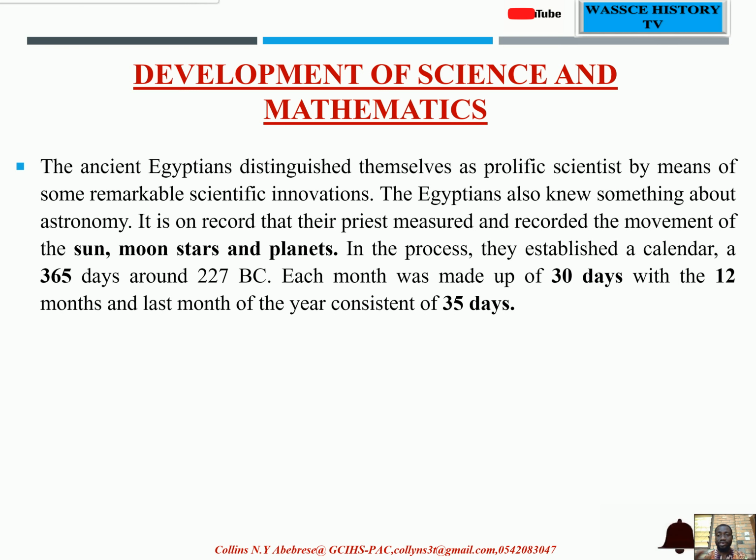The calendar month was made up of 30 days, with the 12th and last month of the year consisting of 35 days. That's different from the calendar that we are using, and this was recorded by the Egyptian priests. Now, in the field of mathematics, the Egyptians also invented a method of calculating a rectangular area. This invention was to help